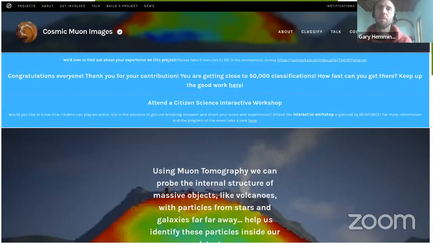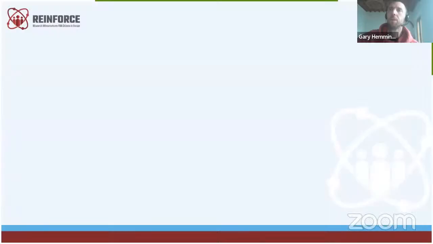Beyond that, we have our fourth demonstrator project, which is Cosmic Muon Images, and which is developed using data from a muon detector, which has been recording data in different periods, and the workflow that we have set up so far has been based around the usage of data recorded from a tumulus in Greece in 2019, I'm going to say, but I might be wrong with the date. But it's not too important.